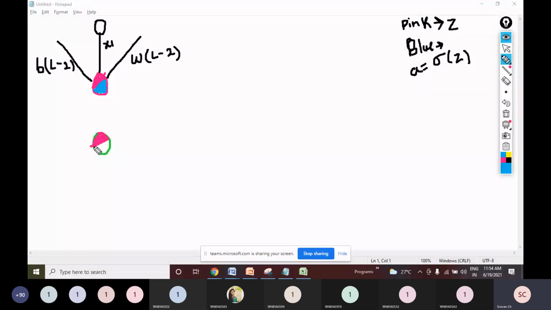The pink part represents Z, and the blue part represents the sigmoid operation performed on Z. The final output which I get in my output node is represented with what symbol? A. So this is our final output A. We are at which layer? A of L. So if the output of this node is represented with A and the layer is L,